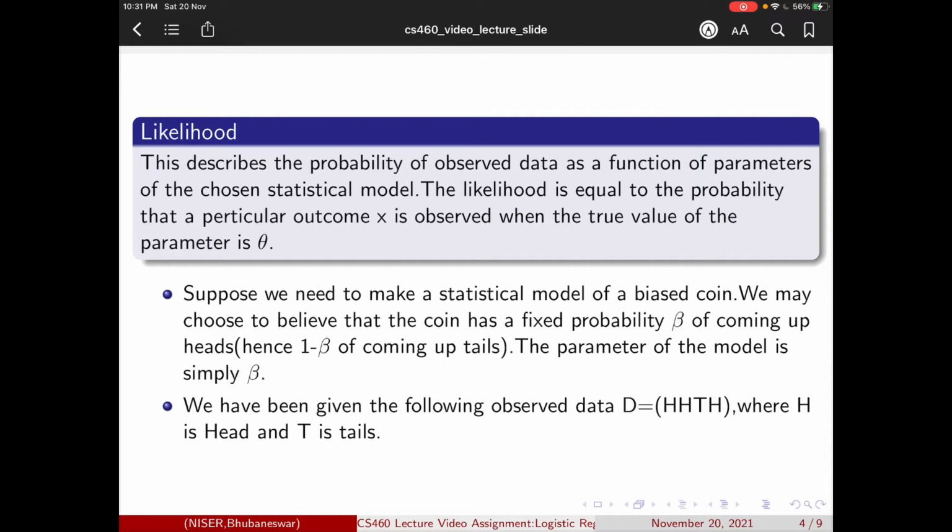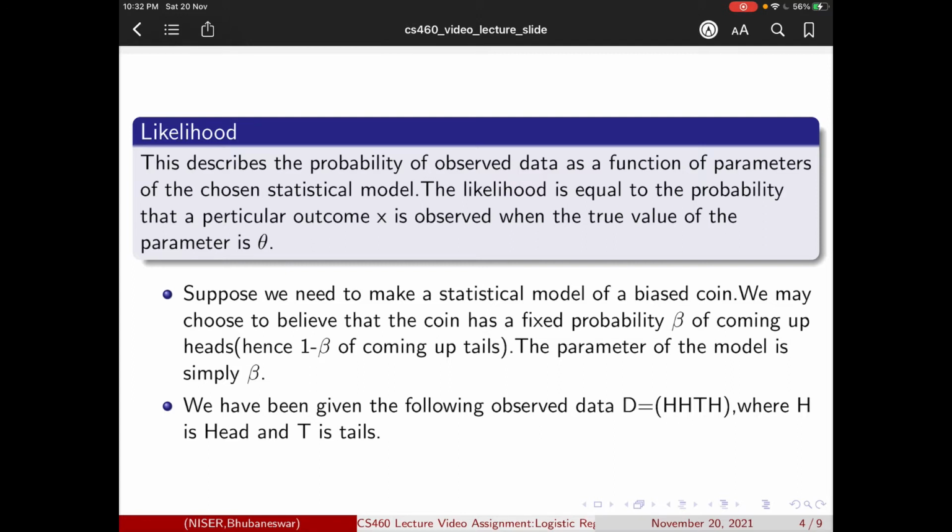Suppose we need to make a statistical model of a biased coin. We may choose to believe that the coin has a fixed probability beta of coming up heads, and hence 1 minus beta for coming up tails. The parameter of the model hence is simply the scalar beta.